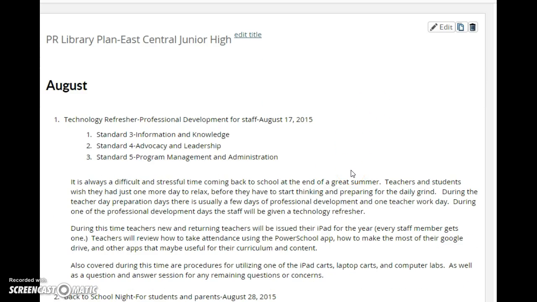Now, the PR library plan I created, this was probably the most recent document that I have created. It was at the very end of my library science 5823 course in the spring of 2015. It was towards the end of the semester. It was the last assignment that we completed. And what we were asked to do is